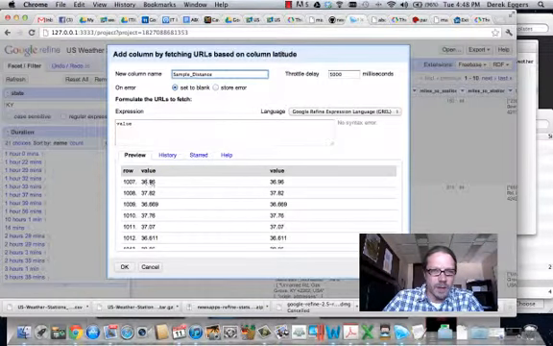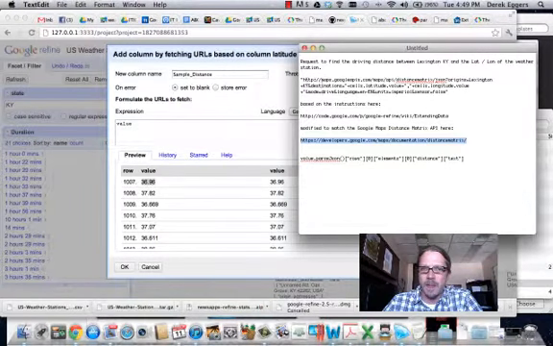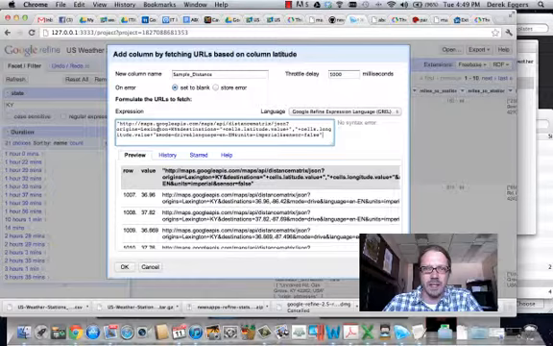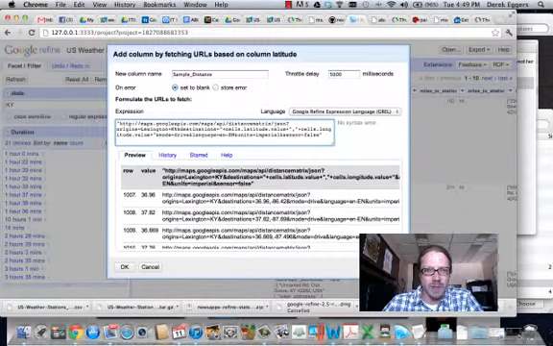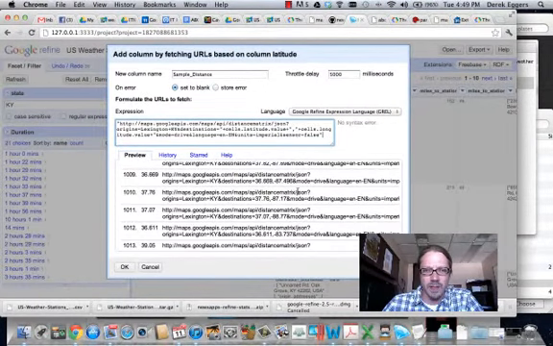So it's set to the value of the original row, which is latitude of 36.96. So I don't want that. What I'm going to do is copy in my URL parameter here, and I'm just going to paste that in. And now magically for each of those latitude and longitudes, what it's doing is a reverse lookup, and you can actually see some of the results in